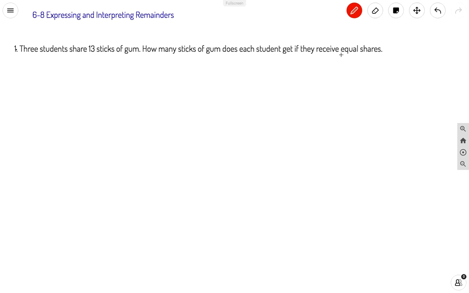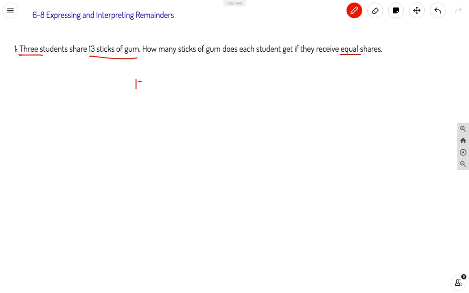is equal. It's very important that we note this word equal. That's the whole point of remainders and division, is we're looking at equal shares. We want to see how much each person gets for an equal amount. So if we look at this story problem, we see that we're talking about 13 sticks of gum and 3 students. So we know that our number model with our unknown